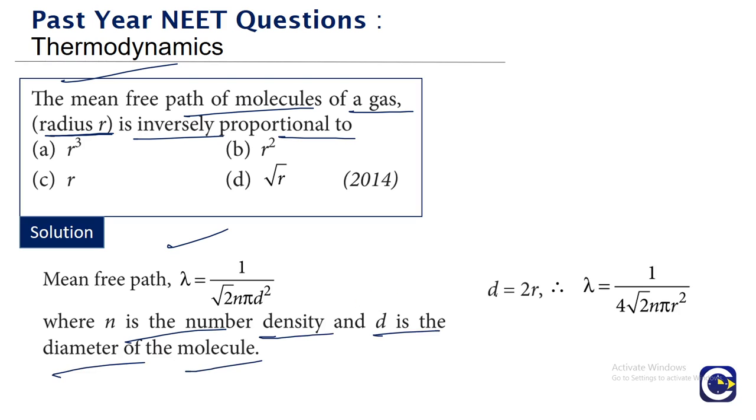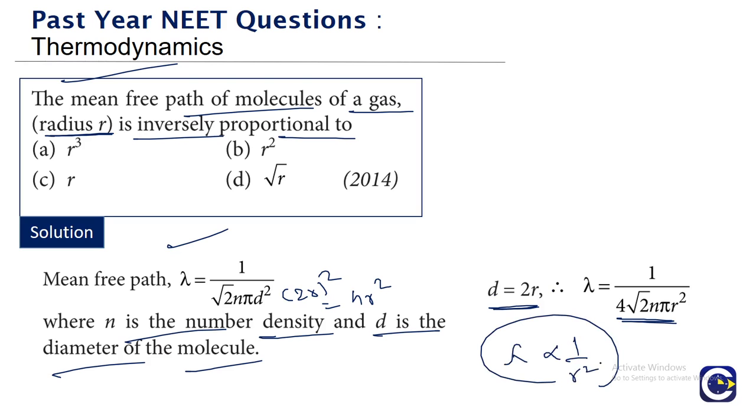But what is diameter? 2r, right? Diameter is basically 2r, which means we'll have lambda equal to 1 by, in place of d we will put 2r the whole square. So it will be 4r square. So lambda will be 1 by 4 root 2 n into pi into r square. So clearly we see that lambda is proportional to 1 by r square. We can say lambda is inversely proportional to r square. The correct answer is